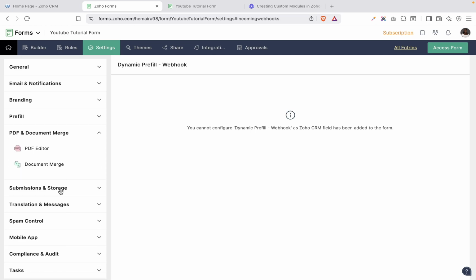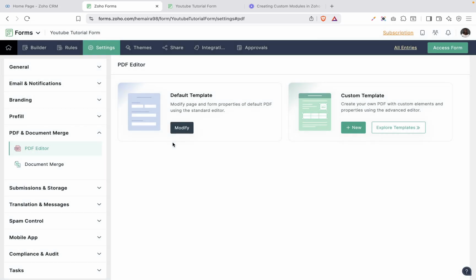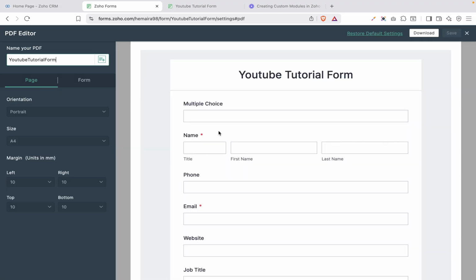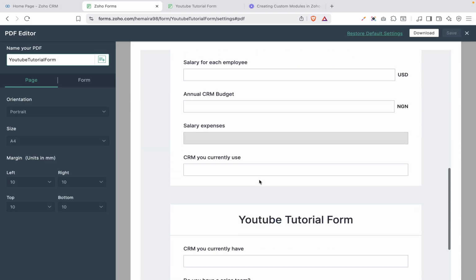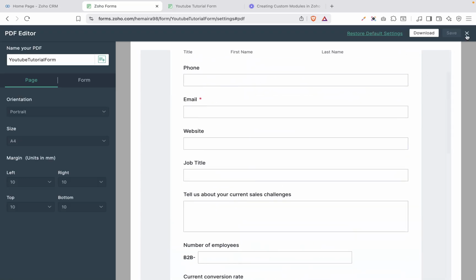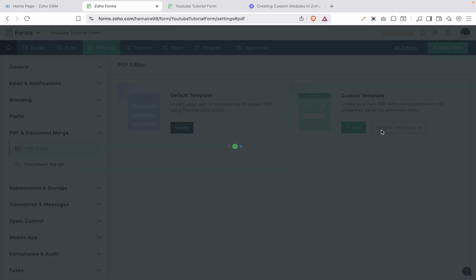So this next one is the PDF editor. We can decide that we want to edit this PDF, you know, the PDF we sent after they fill in the form. Yes, we can decide to edit it. So we can decide to modify the default PDF that we have. So this is the default one, where it is going to show them all of the details that they have put in here. And we can also decide that we do not want this, we want to explore their template,